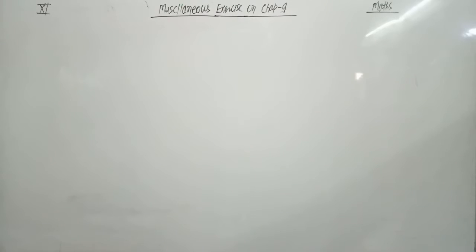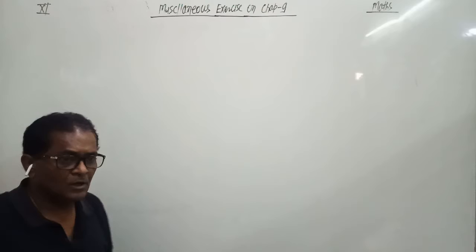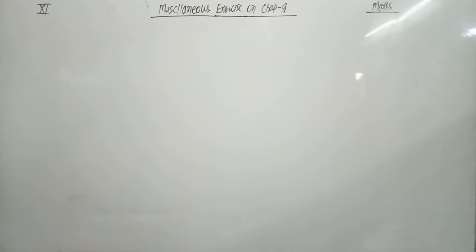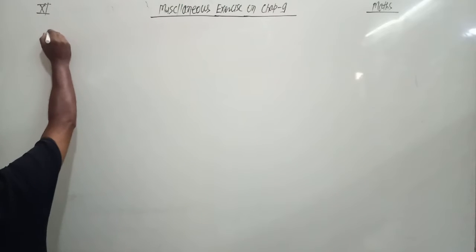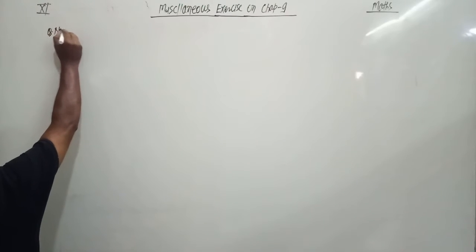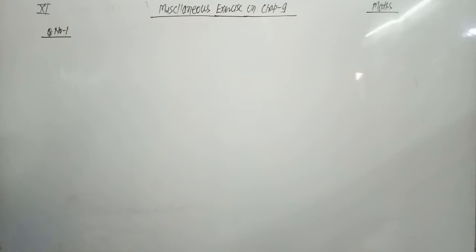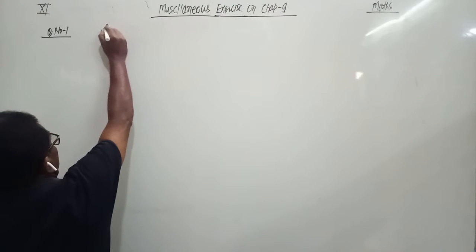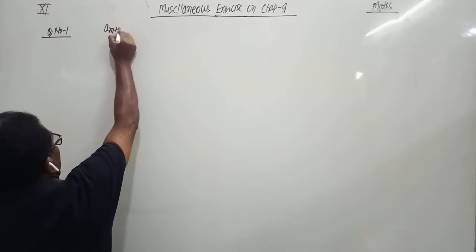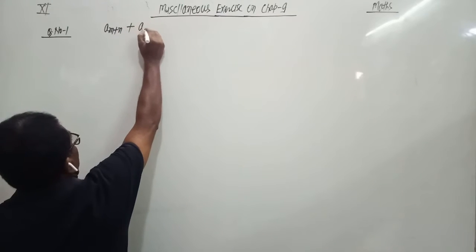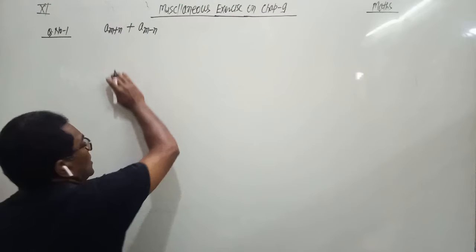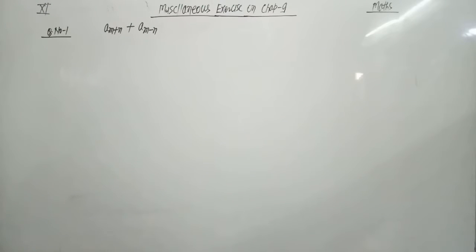In this video, we discuss the miscellaneous exercise based on chapter 9. The first question is: show that the sum of the m plus nth term and the m minus nth term is equal to